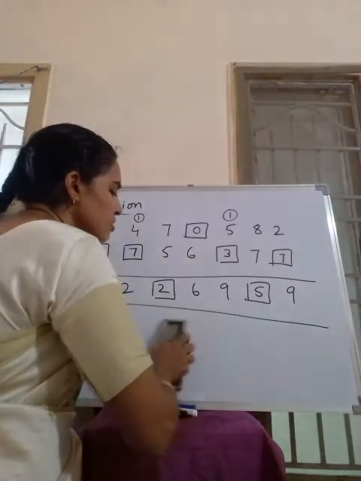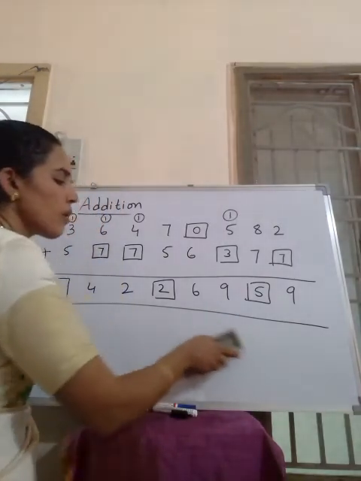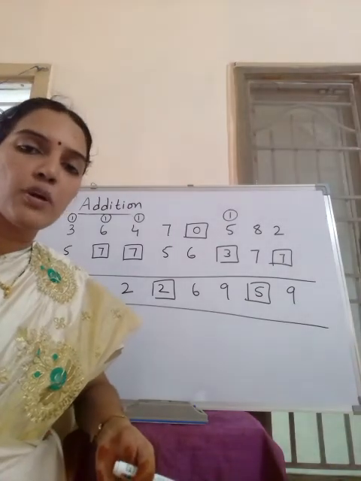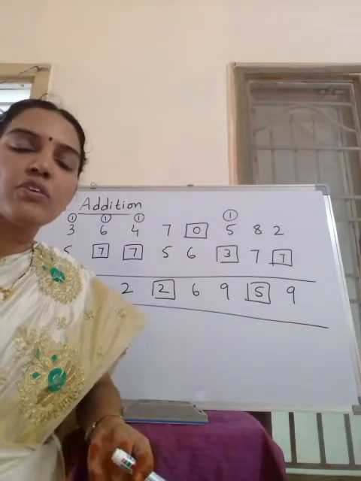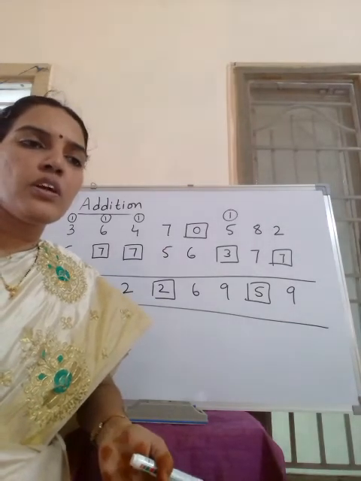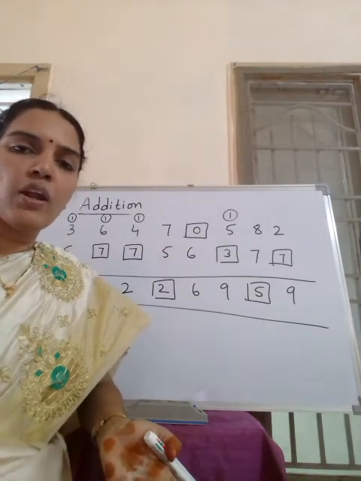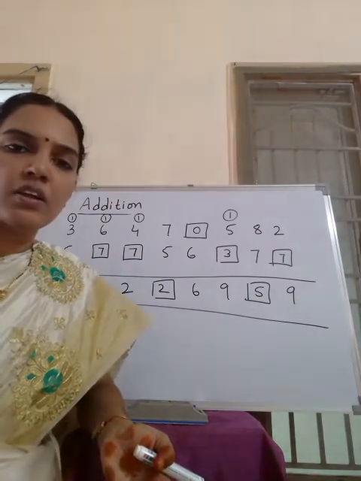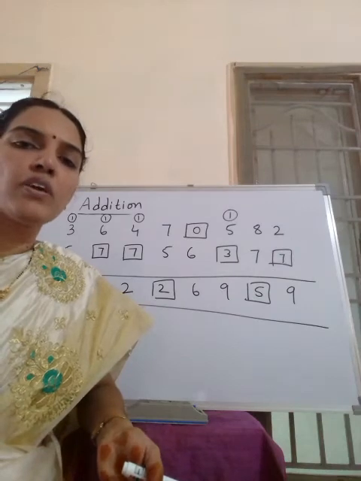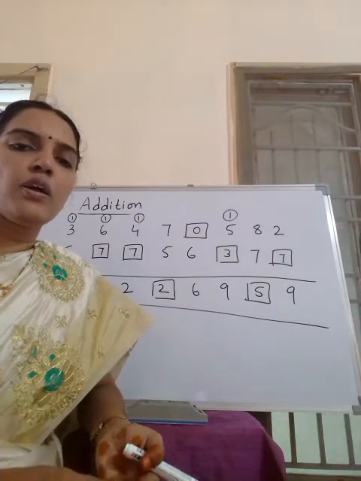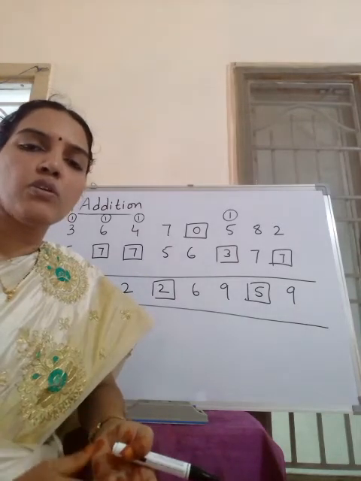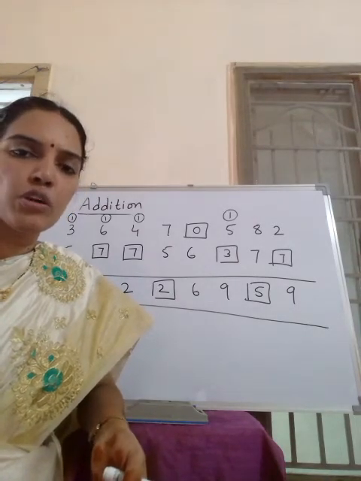And then next we will see word problems. In word problems we have words like all together, total, sum, in all. If these words are there, then that is addition. For example, in a city, suppose there are 6 lakh men, 4 lakh women, 3 lakh children. What is the total population of the city? Total population means we have to add the number of men, women and children. We should write one below the other, and then find the total population.